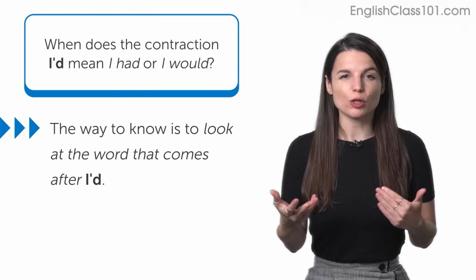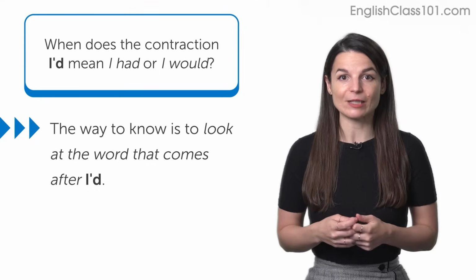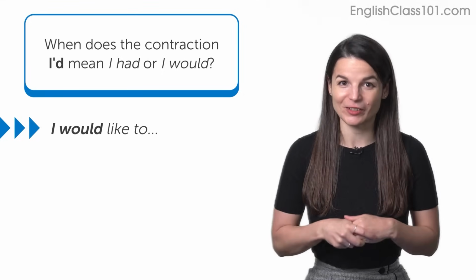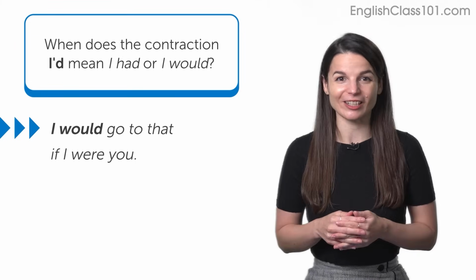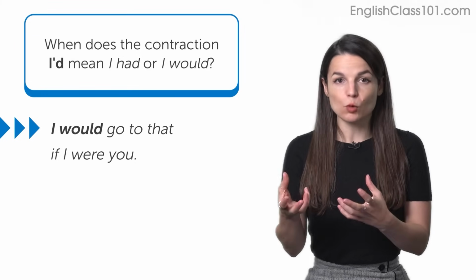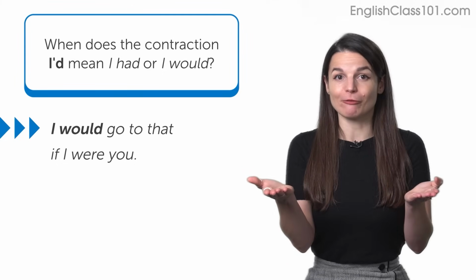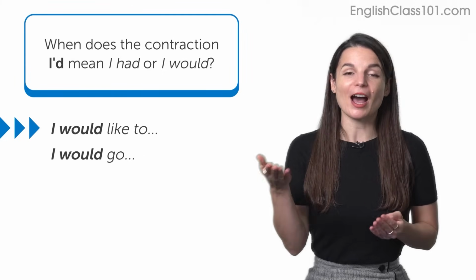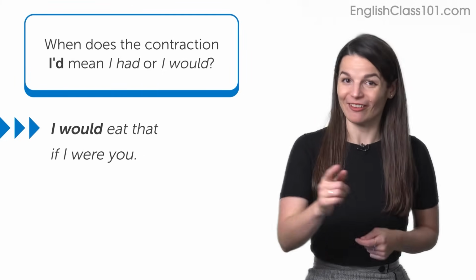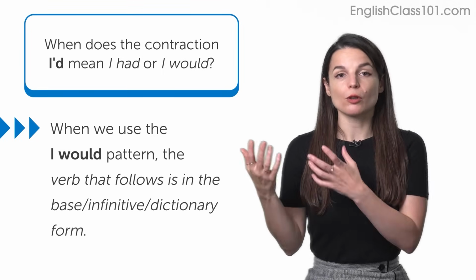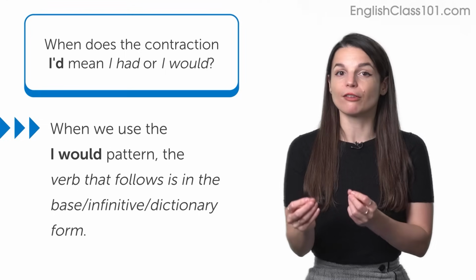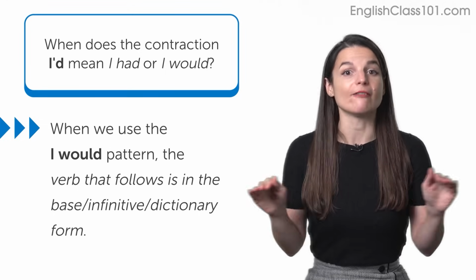So remember when you use, for example, an I would sentence pattern, like I would like to, or I would go to that if I were you. When we follow I would patterns, we use a verb in that base infinitive form, right? I would like to, I would go, or I would eat that if I were you. So when we use those I would patterns, the verb that follows is in the base, the infinitive form, so